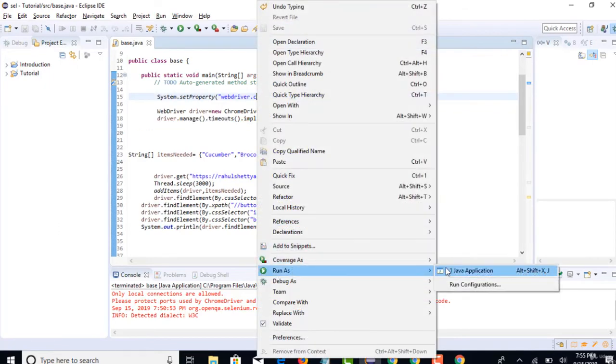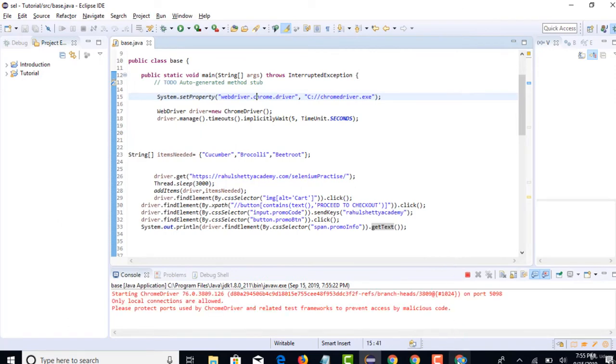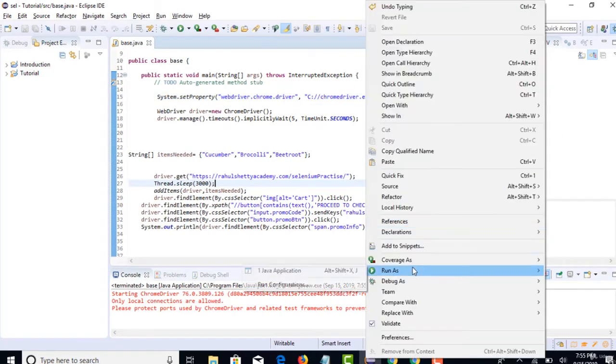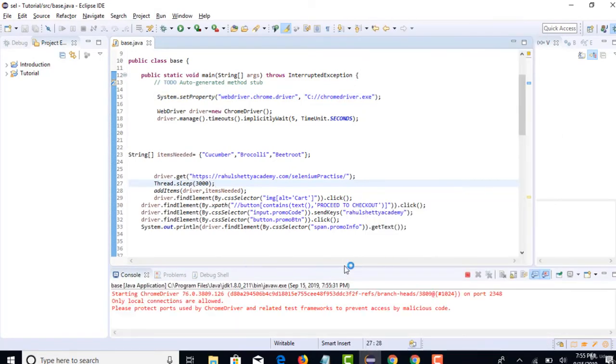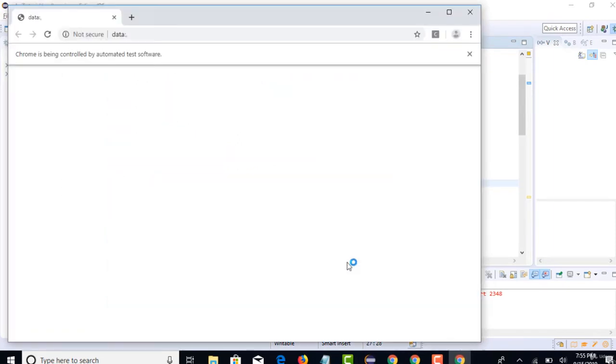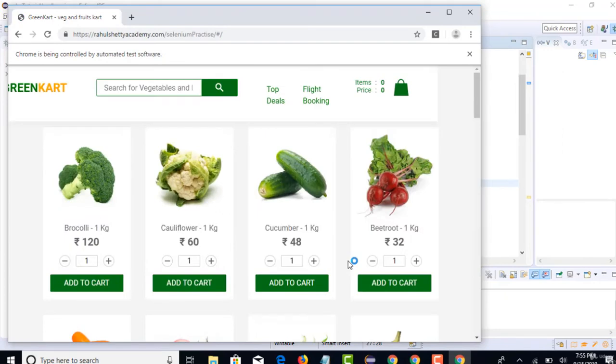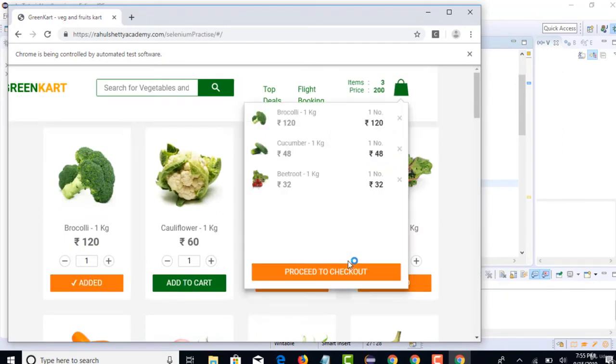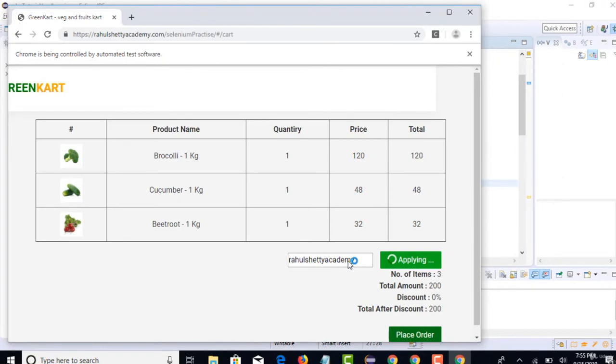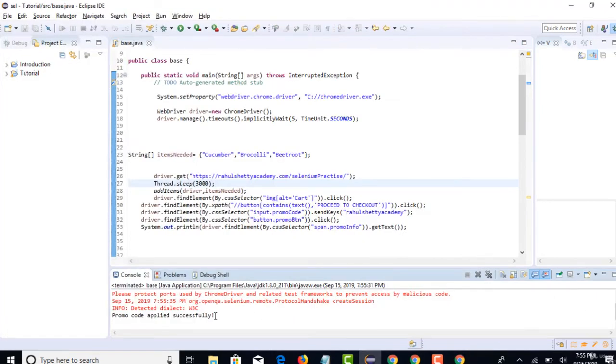So let's run this test. Let me close all these browsers. Oops, sorry, I closed the main browser. Okay, so it's trying to, now it will add the items into the cart. You see that your test is still waiting. If it's not displayed in 5 seconds, it will fail, but it displayed in, I think, 3 seconds. That's the reason you are seeing the successful get text message of promo code applied successfully in your output.